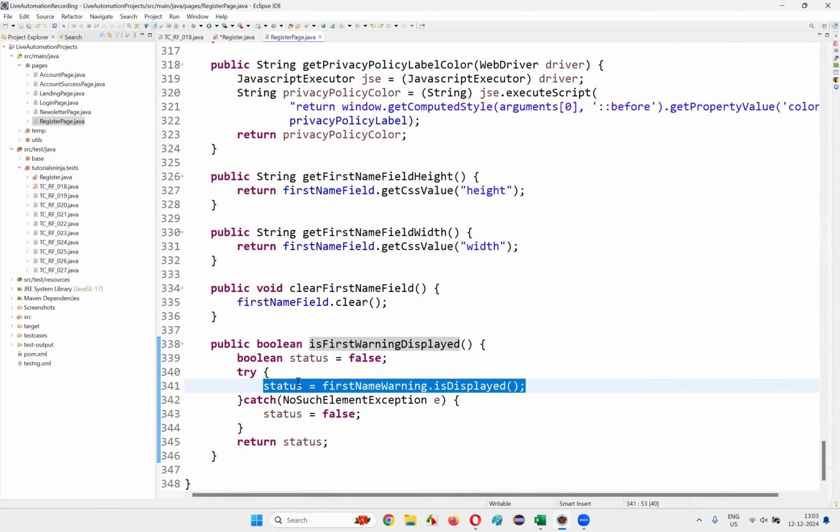Okay, here save all. Go back, whether it's our last name related stuff, errors are there, that's okay. Then last name field dot clear, and here also last name warning dot is displayed, false, false, return, something like this. Save this and come back here and simply write down